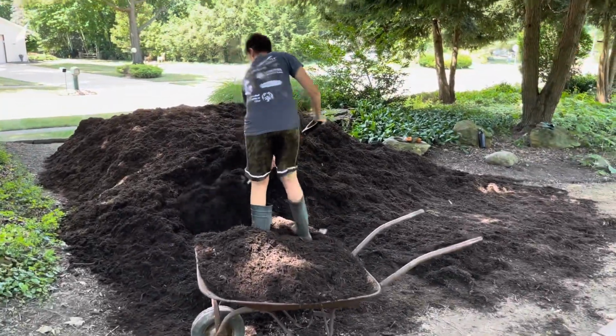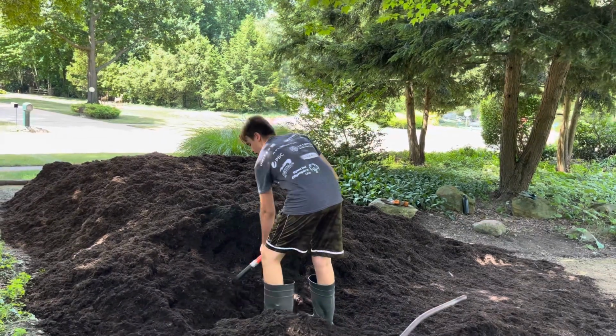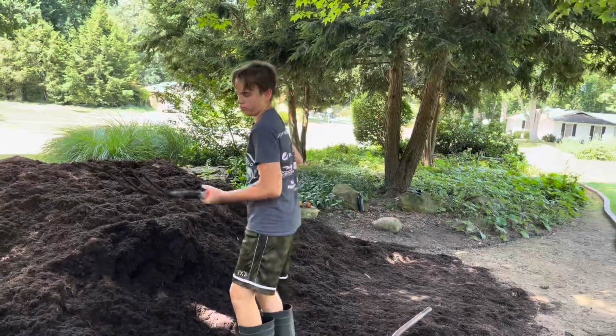How's that pitchfork going, dude? It's pretty nice. It's a neat tool, isn't it? Yeah. Zombie apocalypse weapon of choice. It'd be real nice because you just...